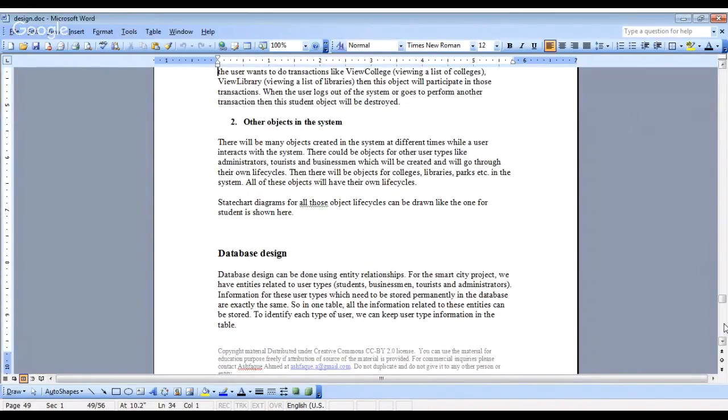So this was all about our session today. We have learned how to model the business logic using object-oriented design, using class diagrams, sequence diagrams, object diagrams, and state chart diagrams. And so far we have seen this project for creating the smart city project, which objects need to be created and how